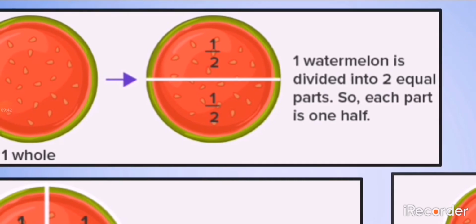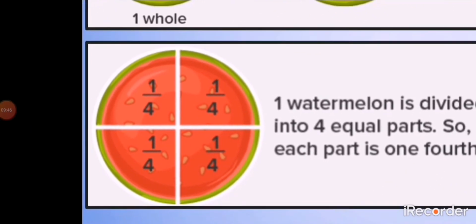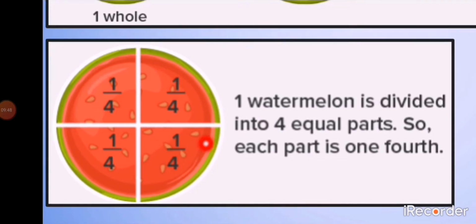You can see it is evenly cut into 2 equal parts. Now look at that watermelon. It is cut into 1, 2, 3, 4 equal parts. One watermelon is divided into 4 equal parts. So each part is 1 by 4. This part is 1 by 4